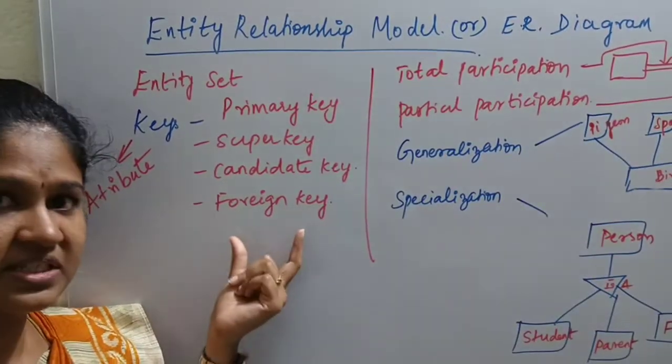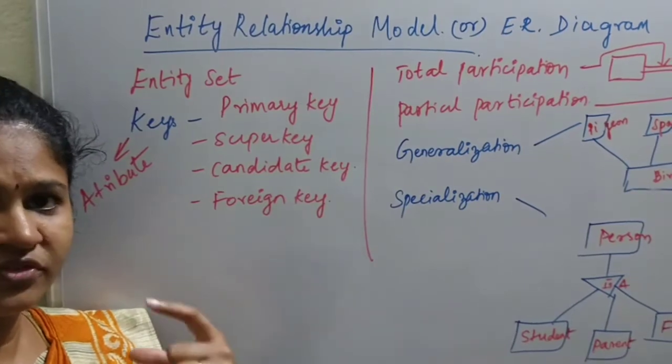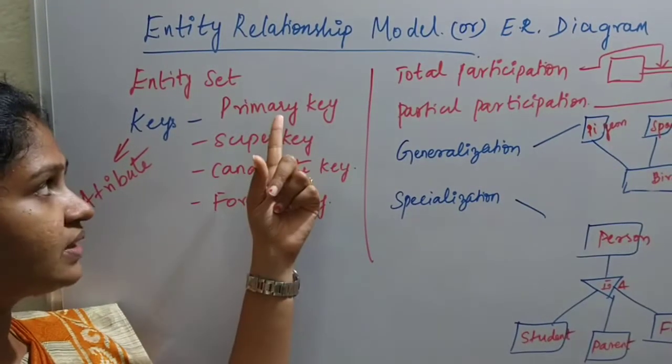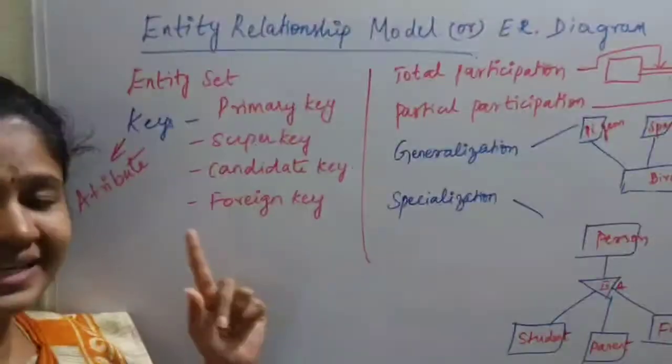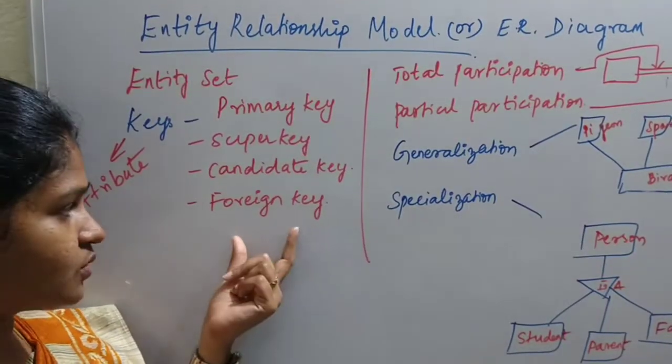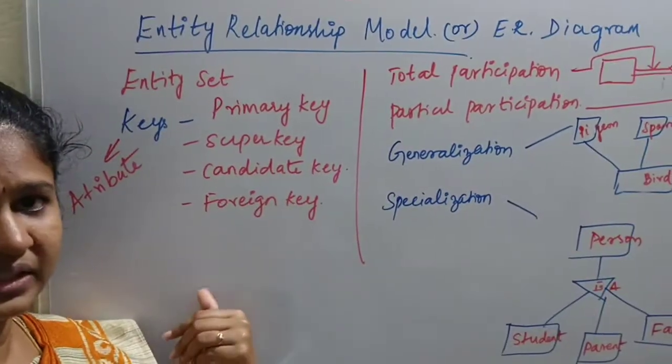Next is a foreign key. A foreign key is going to relate two tables' information. If you are going to get information from two tables, you definitely need two keys, which are the primary key and the foreign key. This is like referencing the next table's information. That is what the foreign key is. We are going to see all these things in detail with examples in the session.